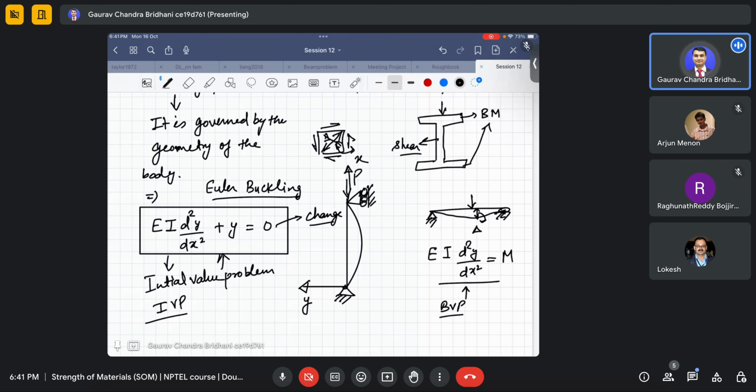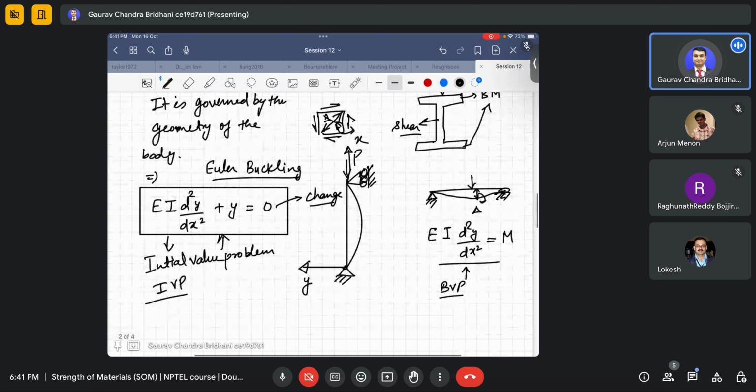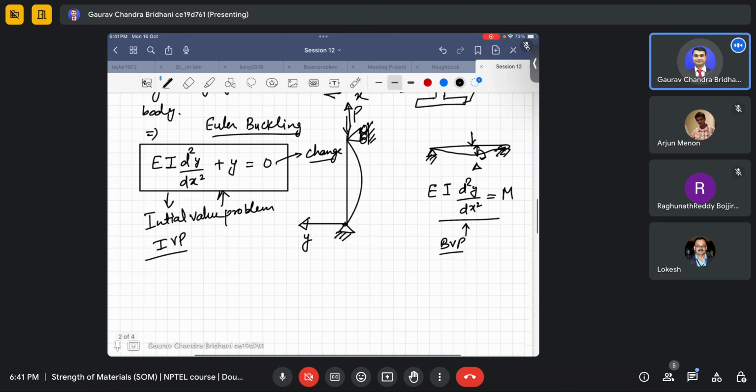Okay, so here initial value matters in the buckling problems, whereas in the beam bending problems the boundary conditions matter. So in a sense I have tried to tell you the difference between buckling and bending, because there is a very thin line between the two. Okay, now Euler has defined this Euler buckling thing, and we have seen in the lectures also how